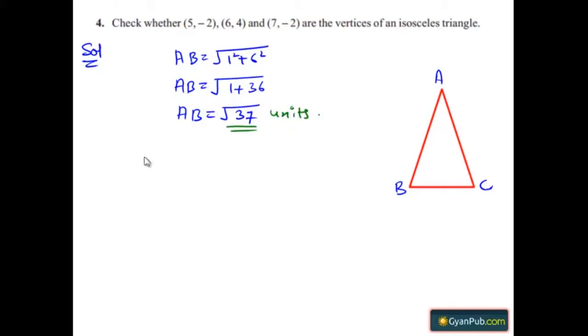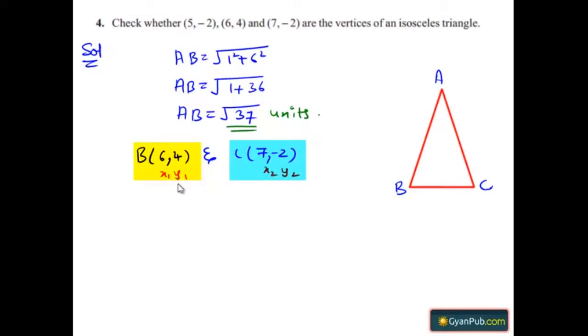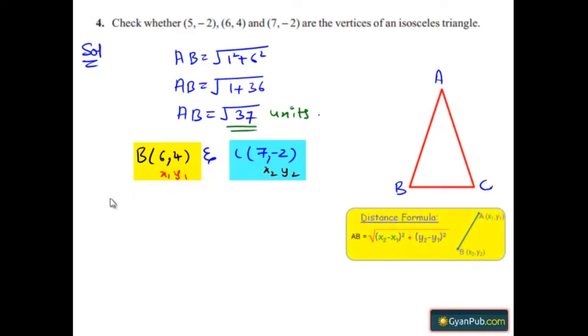Now let us take the points B(6, 4) and C(7, -2). Here we represent the point B as (x1, y1) and the point C as (x2, y2). Substituting the values of x1, y1 and x2, y2 in the distance formula, we get length BC equals under root of (7 minus 6) whole square plus (minus 2 minus 4) whole square, which is equal to under root